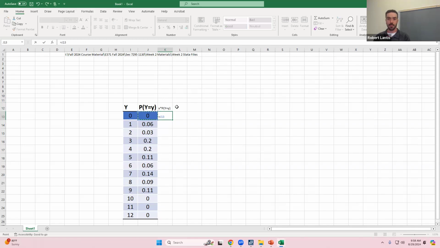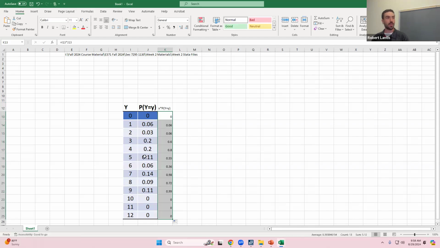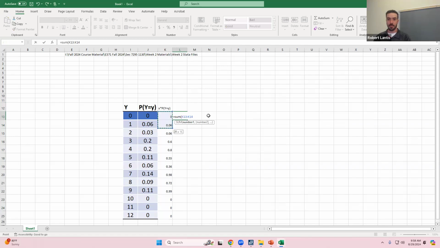Take this y value, multiply by the probability that y takes on that value. I'm going to do that for every single one of these possible y values, and then add them all up. So 5.12 is our mean.